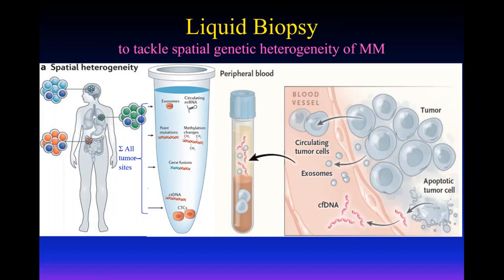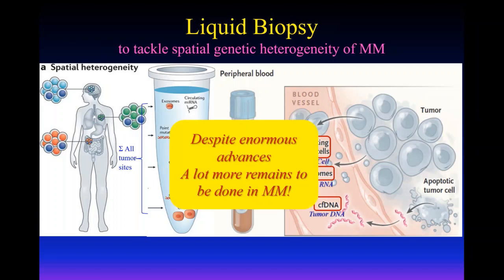Because you are able to pick up all these substances that are secreted from tumors from different sites of the same patient, it's kind of a summation of tumor size. So that's why, despite enormous advances in myeloma, I believe that a lot more needs to be done